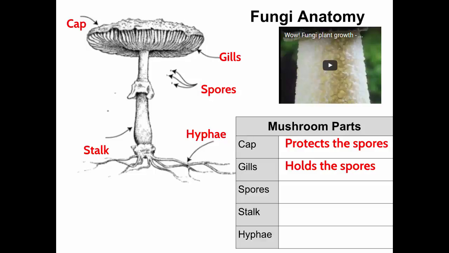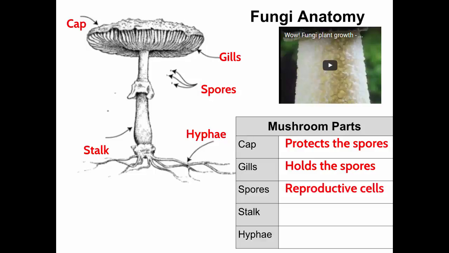Those lines you see when you look under the cap of a mushroom, like if you imagine if you eat portobello mushrooms, see all those lines? Those are called gills. And within those gills, that's where the spores are produced. People sometimes hunt for mushrooms to eat out in the wild, and part of identifying a mushroom to be sure it's safe to eat is often producing a spore print, where if you take the cap off a mushroom, put it on a piece of paper and leave it for several hours, some of the spores settle onto that paper, and often the color of those spores is an indicator used to identify the type of mushroom.